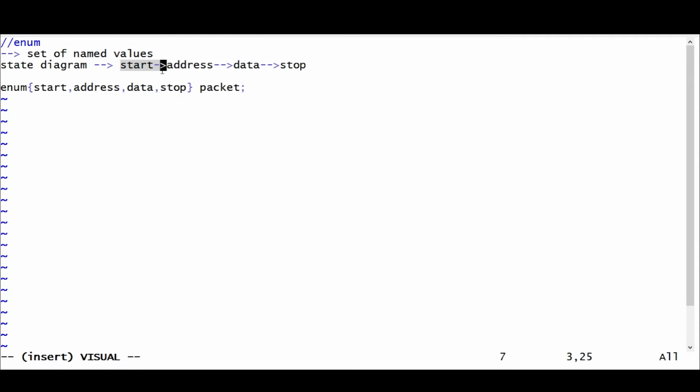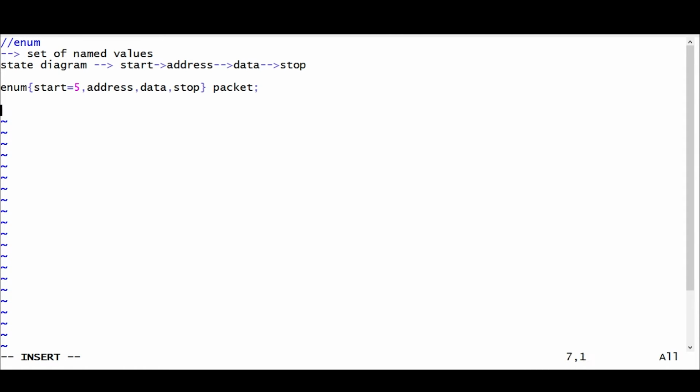So you don't need to initialize this variable as 0 0, 0 1, 1 0, 1 1. It will directly be 0 1 2 3. If you want to change this order, you can directly write 5 here. Then it will take the value 5, and simultaneously the next ones will be 6, 7, 8. This is how the enum data type works.